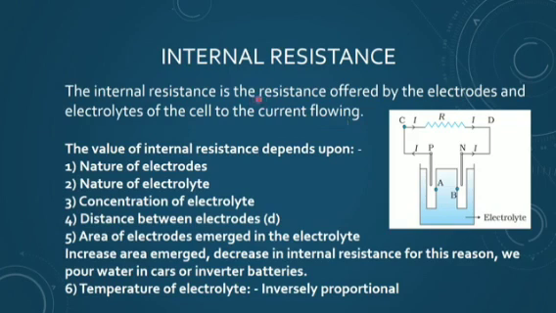Internal resistance is the resistance offered to the current flowing by the electrolytic cell. So about the electrolytic cell, you should have a very clear idea. Since you are using dry cells, if you want to learn more, you can break one of the used cells and see the electrodes and the electrolyte. Now it will be in paste form. When in the lab we use it, it will be in liquid form. Ammonium chloride, you will dissolve in water to make the electrolyte.